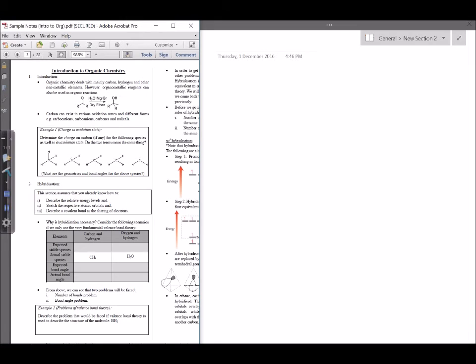Today we'll be talking about Introduction to Organic Chemistry. Before we go into detail, let's look at what organic chemistry is. Organic chemistry deals with mainly carbon, hydrogen, and other non-metallic elements. So for example, molecules like carbon dioxide, CO2, or carbon monoxide, CO, are not considered organic, right? Although we mainly deal with carbon and hydrogen, other elements such as metals can sometimes also be found in